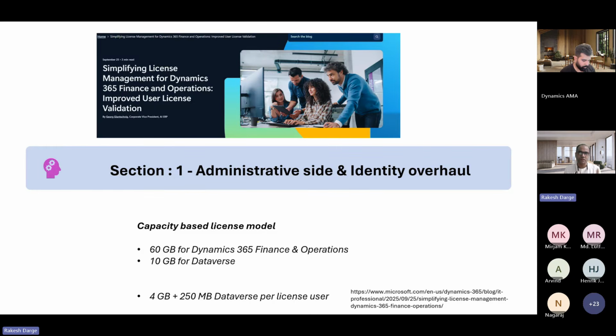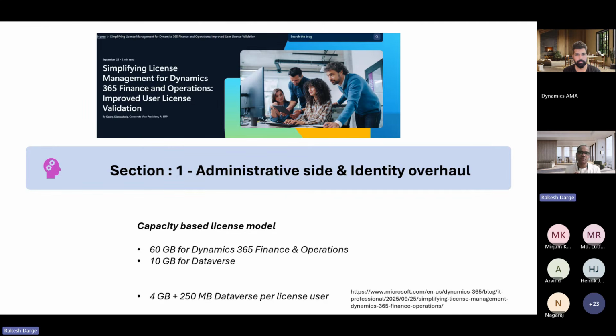However, this model has completely changed, I would say a paradigm shift from the licenses we used to have, which I would call named or static based licenses, to a more simplified, but yet complex in understanding, model we call the capacity based license model. I would highly encourage everyone to go back and check this link where Microsoft has classified everything. The journey started on the 1st of September. Now it is going to continue for the next year as well.